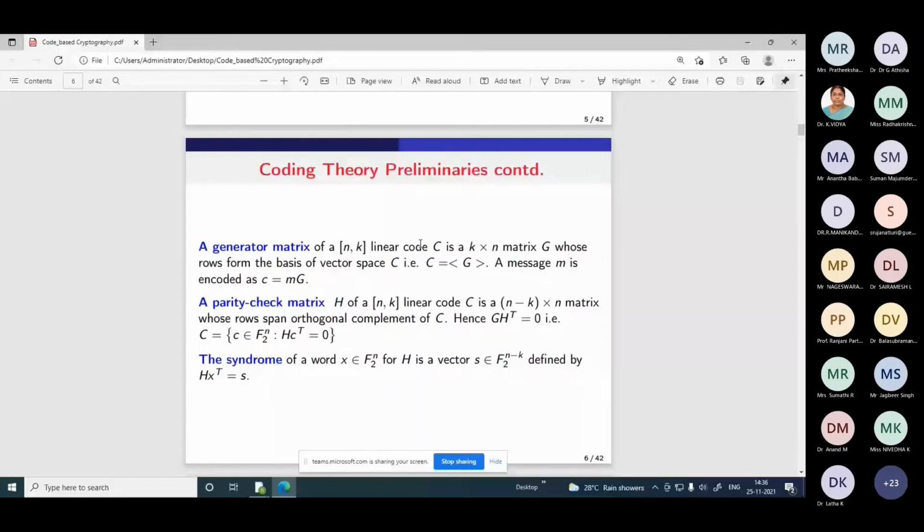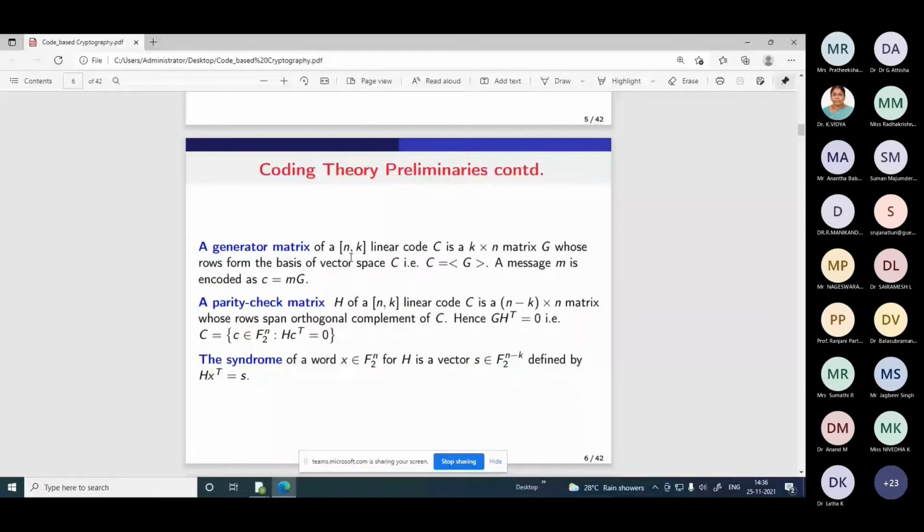Next we are going to see what the generator matrix of a code is. For every code, there is a generator matrix. What is the generator matrix? A code is a subspace of the field F_q^n. If you have a subspace, it's a vector space, right? Then it has a basis of dimension K. With these basis elements we are framing the generator matrix.